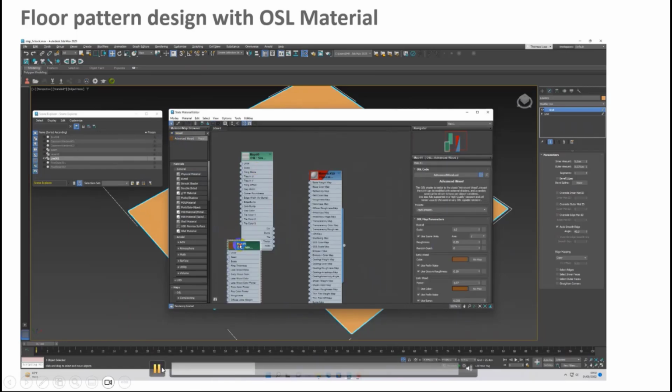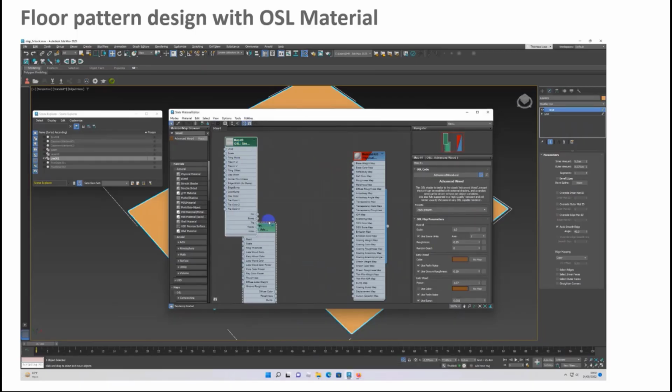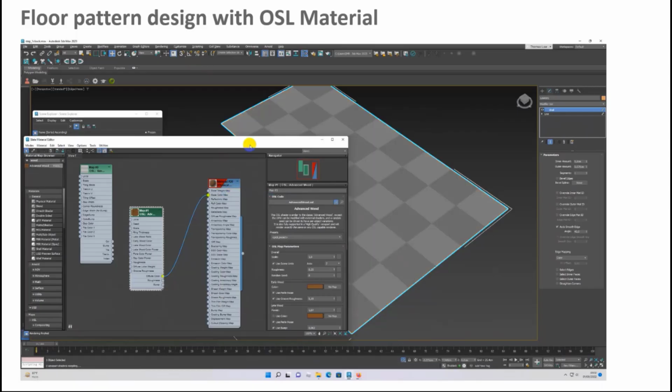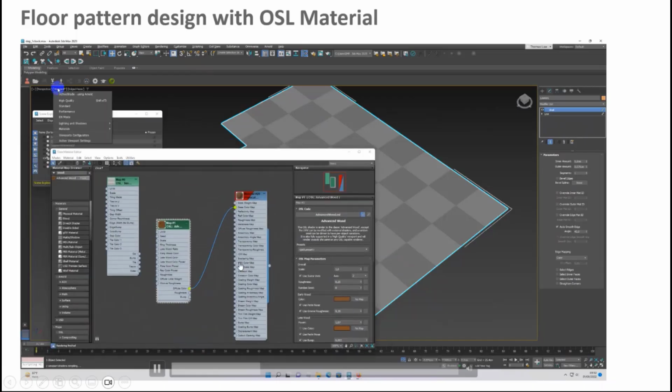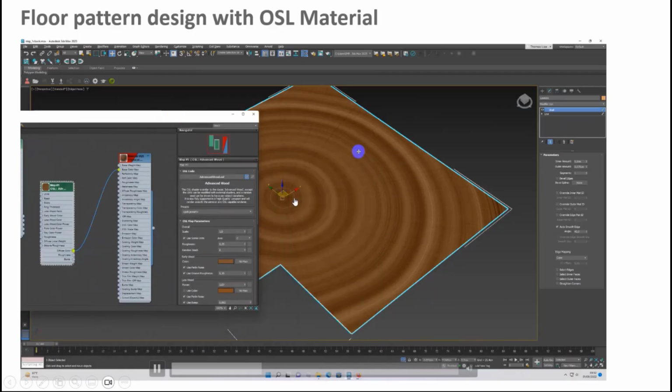Can you imagine if you want to take a wood pattern right now, you can generate it inside 3ds Max. This is the wood pattern using OSL. You can change the direction and the wood model. Let's say you want kayu jati, kayu meranti, anything you want to change. You can see this is the detail of the wood. I don't want to go into more detail here. Next, if you want more detail, I think I can show you, but right now I will skip some.